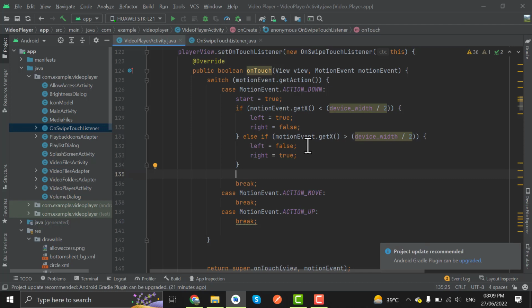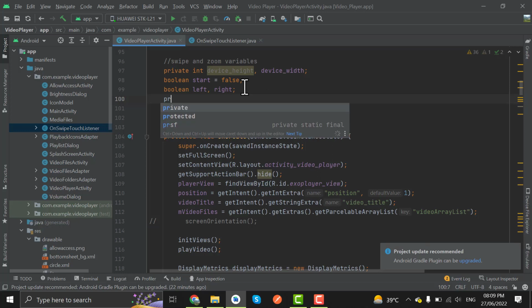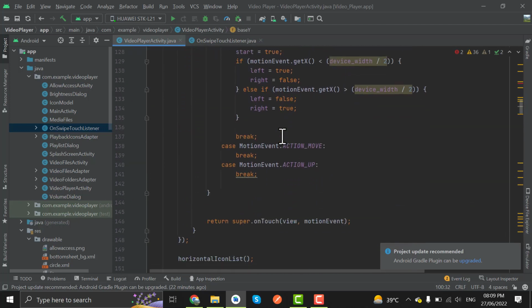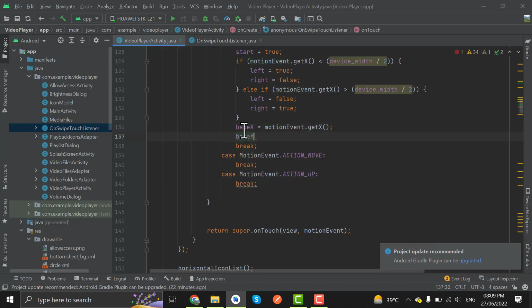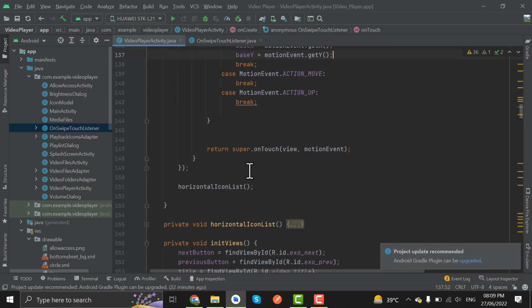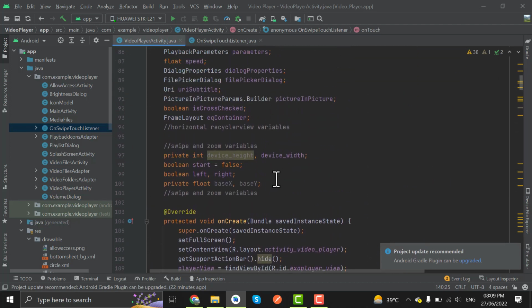Now here we have to create base x and y float variables. Float base x and base y here. Base x equals to motion event dot get x and base y equal to motion event dot get y. And now in action move, when user will swipe on the screen, this move case will be called. So here we have to take one more boolean variable,